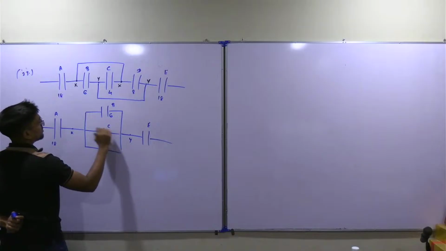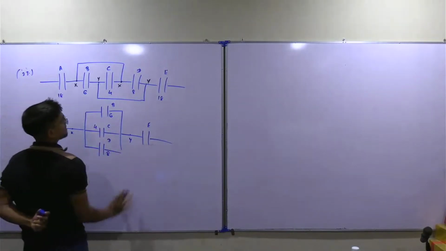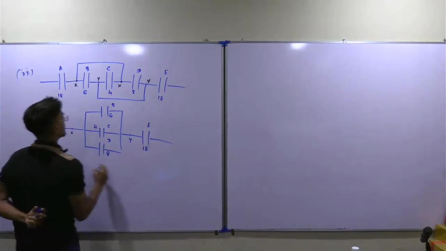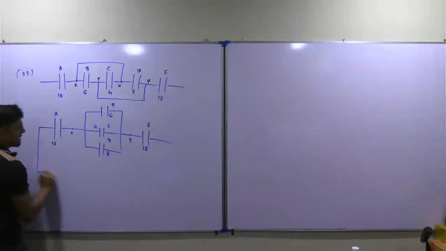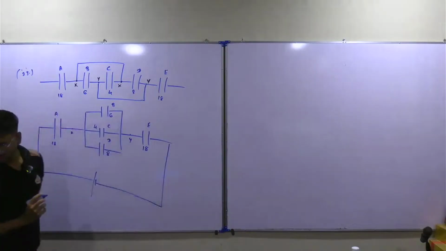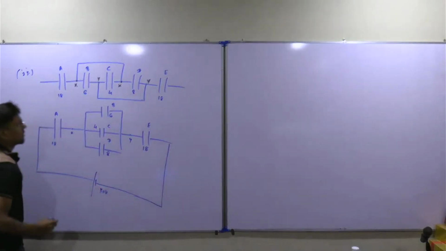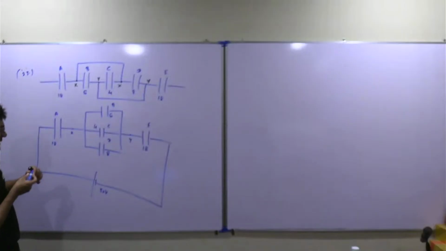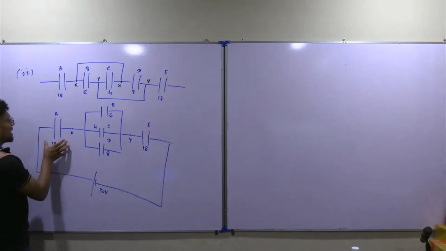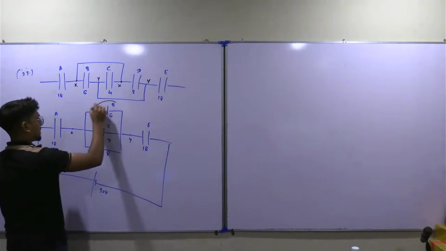This is 4 microfarad. This is 8, and the capacitance of E is 80, right? Now this is connected across a 30 volt supply. When you consider the equivalent capacitance, see here 18, here 18, these three capacitors are